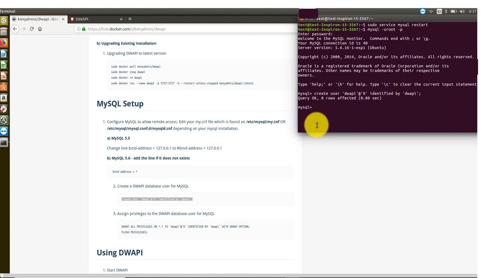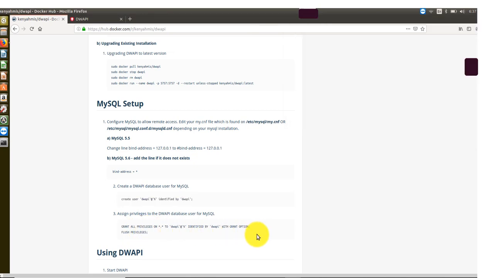You will get a response that the query is okay. Then move to step 3 and grant privileges to DWAPI so that he can access MySQL. You will run the first command under step 3, which is grant all privileges on **.* to DWAPI at %,